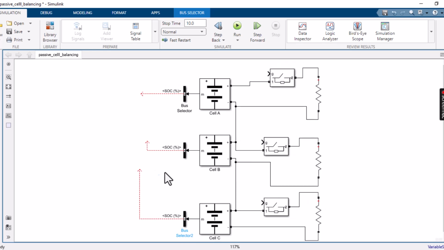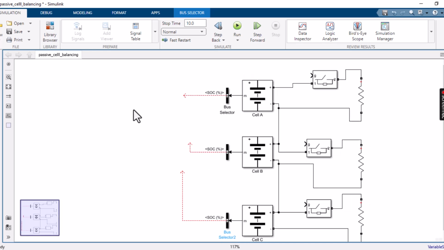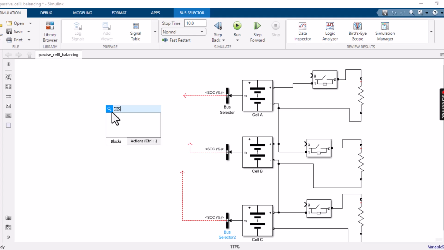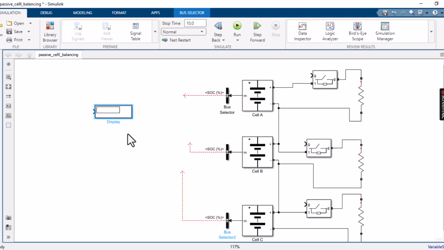Right. If you want to see, I told you you can connect a display, because SOC will be coming after the cell balancing. It will be a constant value. You can use the display. Press Ctrl I to reverse. If you use this display, what will happen? Display is a block that is used to visualize the output. If you connect like this, okay,